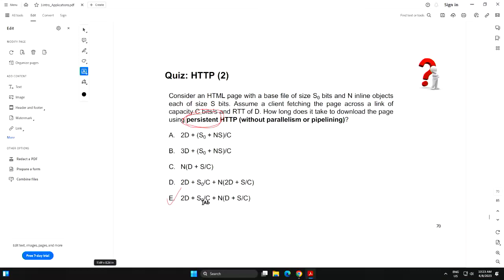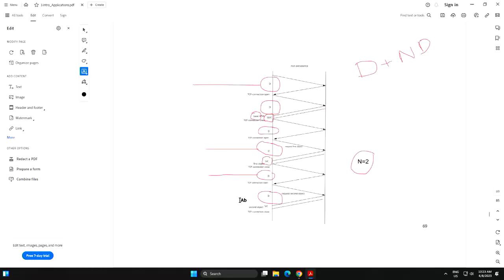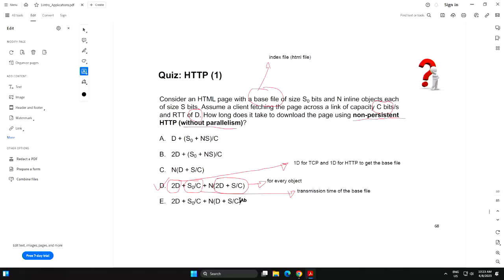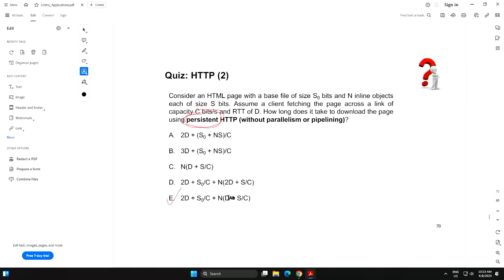This is the base transmission time, and this is for every object, so D over C. Did we do it right for this one? Yeah, the answer was D, and there was 2D, and now there is 1D. That's the difference. You don't have a TCP connection setup for every object because this is persistent.